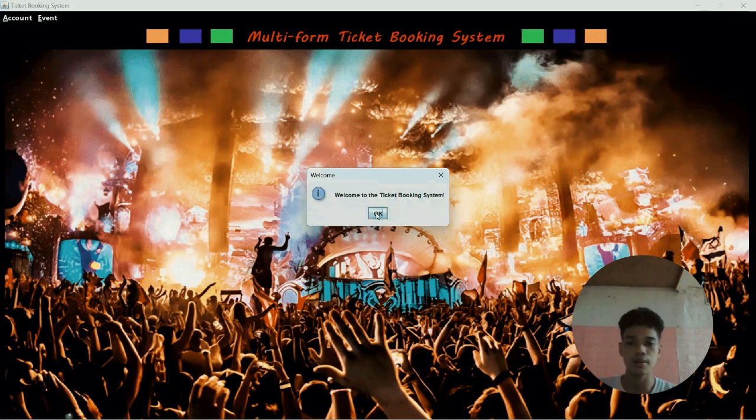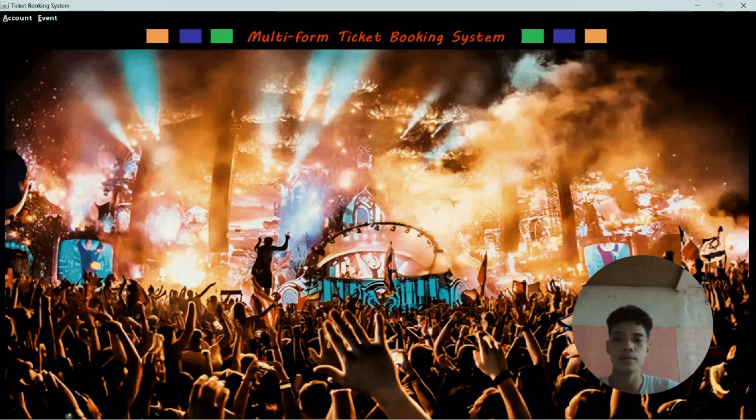And we have here a JOptionPane message dialog that says, "Welcome to the ticket booking system," and I press the OK button. And it has again a JOptionPane message dialog that requires a login first. Upon clicking that, we can see the overall design view of our multi-form ticket booking system, our front main.